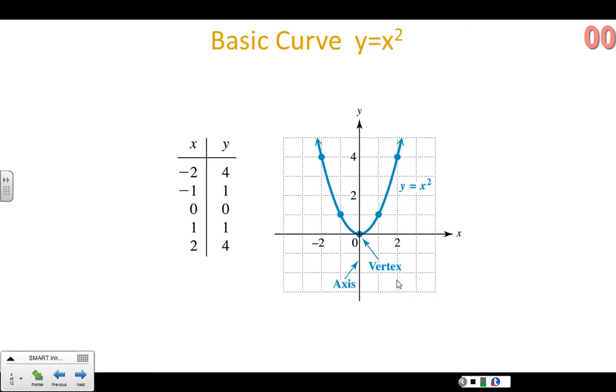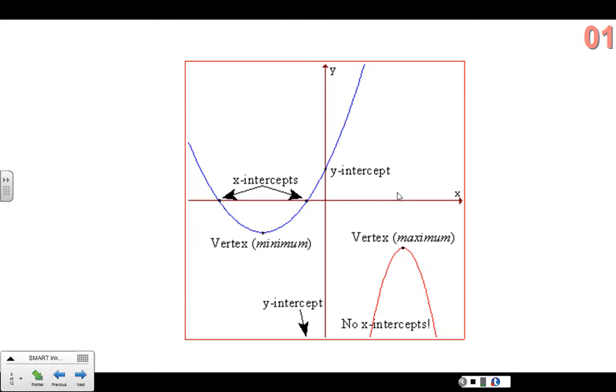The mother curve that we use, the basic curve y equals x squared, this is the graph of that, to give you an idea of how all of them are based. Here's a couple of graphs of quadratic functions or parabolas. And if you'll notice, sometimes when you graph a parabola, you'll have points where you cross the